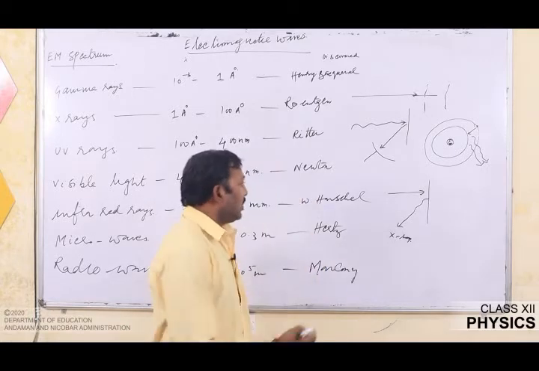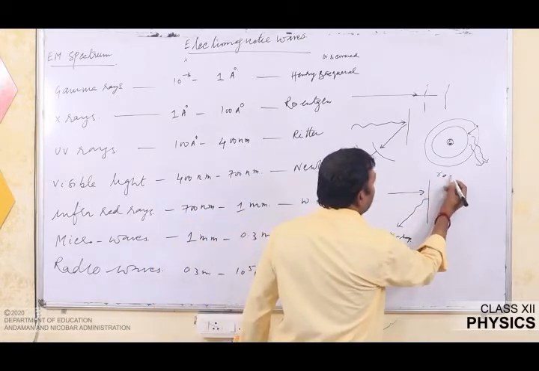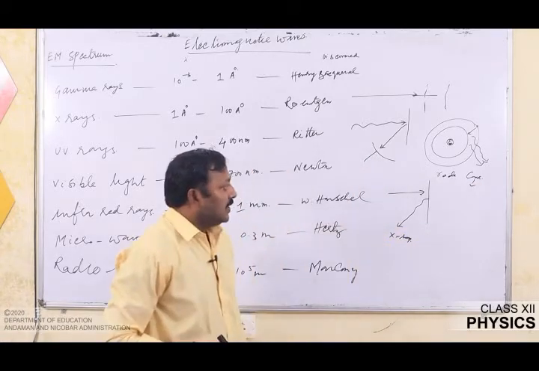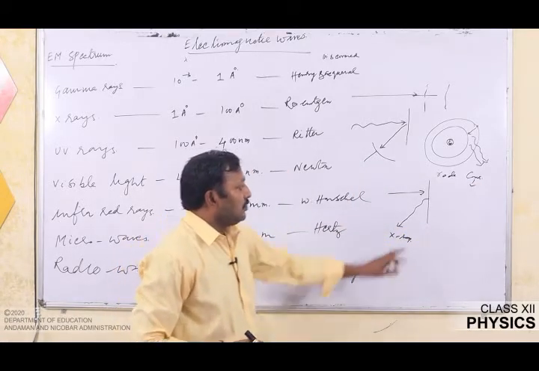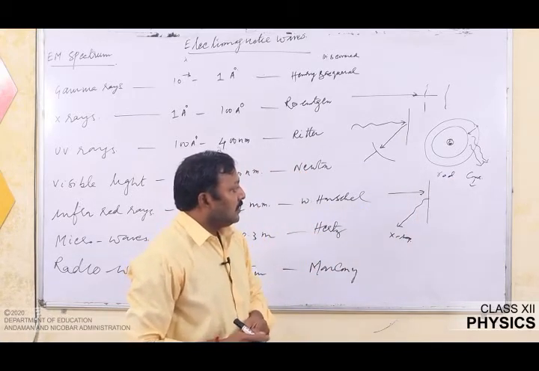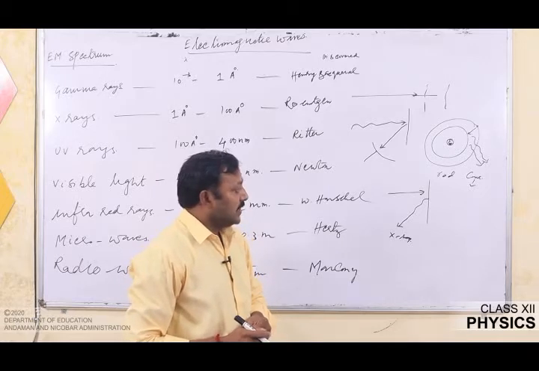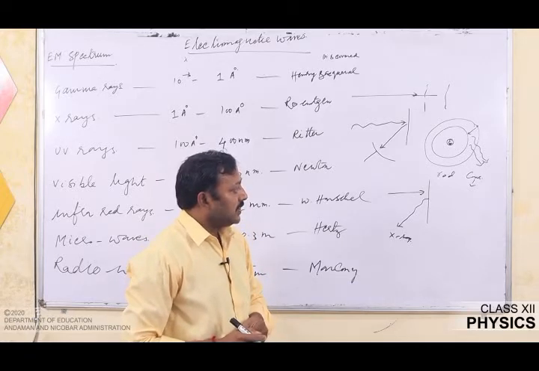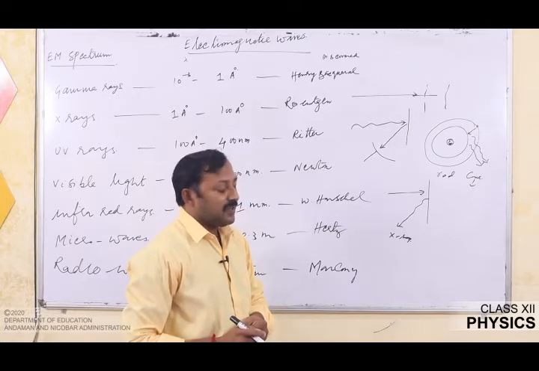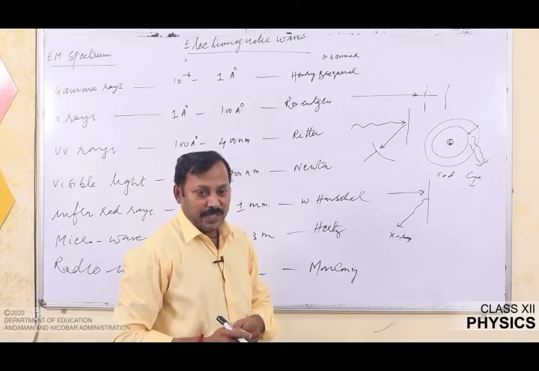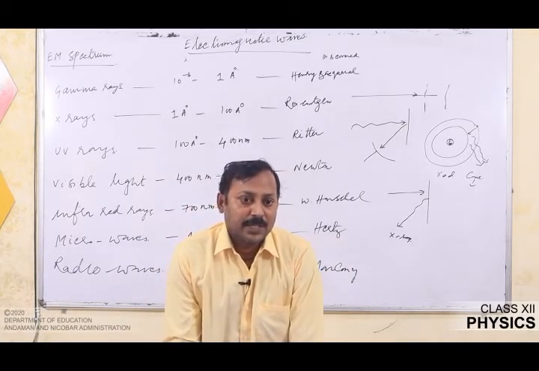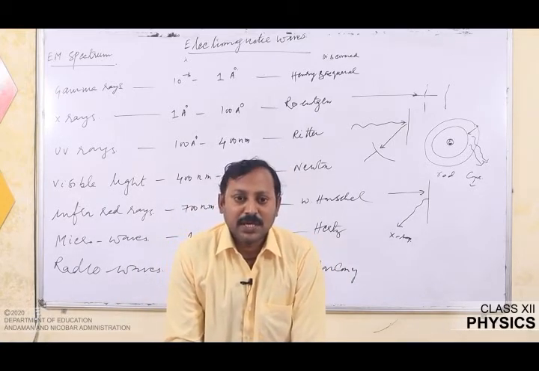The eye contains rod cells as well as cone cells. Cone cells are used to detect color, whereas rod cells are used to detect the intensity of light. After detection by the cone cells, the color is converted into an electrical signal which is passed to the brain for processing by the optic nerve. In this way the eye works and we are able to see the objects present around us.